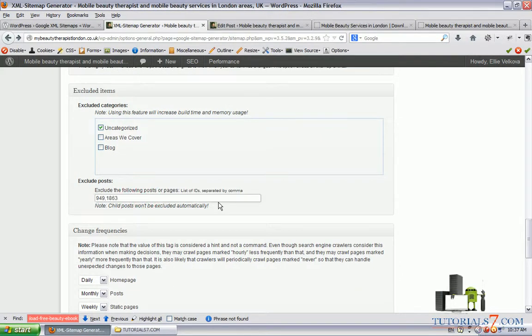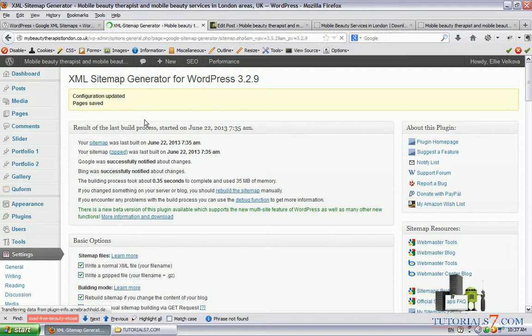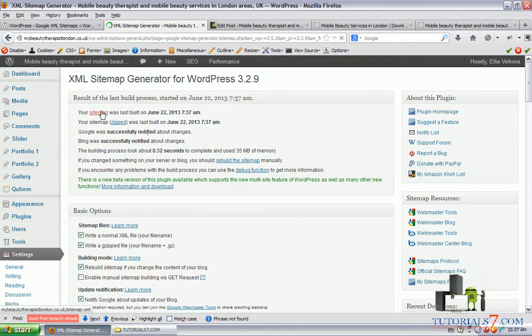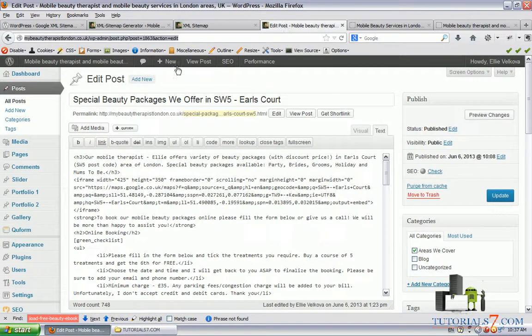Okay, let's update the options, and now we'll have to rebuild the sitemap. Here's the button for this option, rebuild the sitemap, and now we can see the last revision of the sitemap, and let's see whether this post is included.